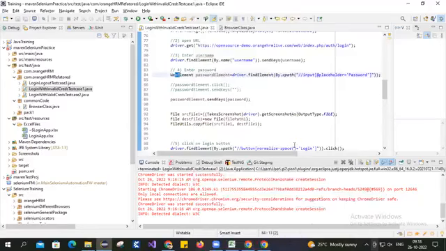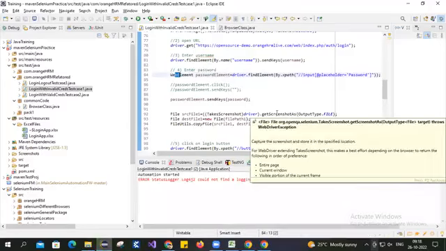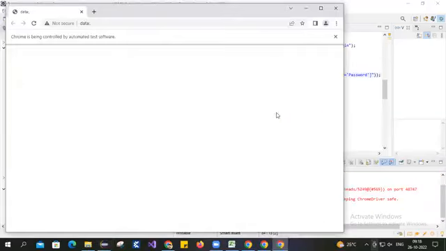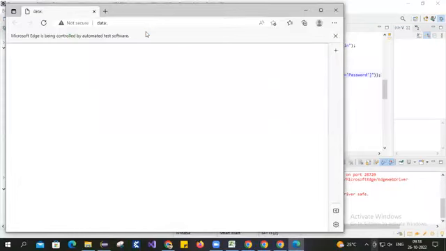If you understand this one thing, then in the whole framework, whenever you are working on it, you would understand why these two methods are created, why things are here and there. So it has opened this, and now Edge it has opened, and now Firefox it has opened. So it has opened all the three because in that method we have said so, right? So to open all those three browsers,